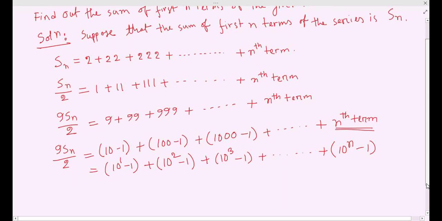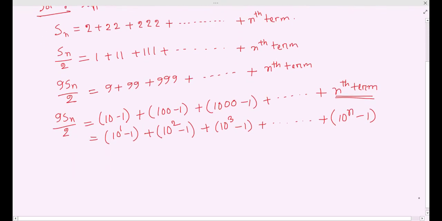So from now on we will not be writing the nth term in full, because we can write the nth term in short here. So we can write that 9Sn by 2 equal to